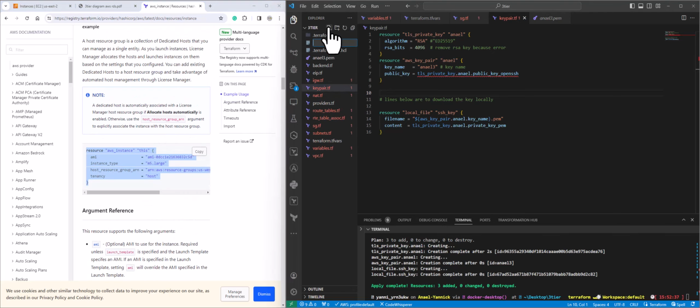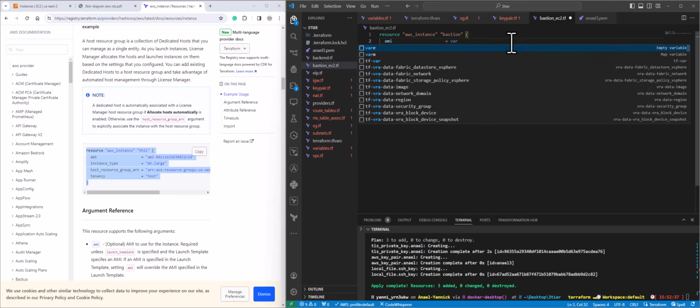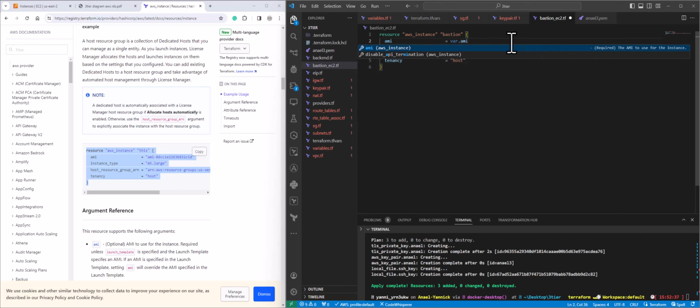So I'm going to come over here. I'm going to call it bastion_ec2.tf, and I'm going to paste it here. So the first thing I'm going to do is change the name to Bastion, and the AMI, sorry, I don't want it from here. So I'm going to put var.ami,